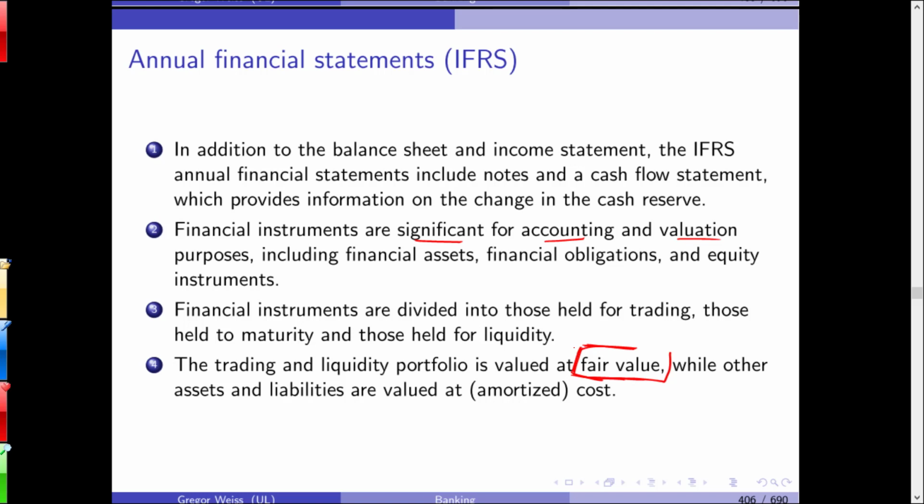Now, as soon as we've bought this beamer, it will depreciate and lose value. No one will be willing to pay 1,000 euros for an already installed and used beamer. The market price for this beamer, if I were to sell it on eBay, would probably be just 200 euros. Now what happens? Under the German commercial code, in many instances, the beamer can stay on the asset side with 1,000 euros at amortized cost.